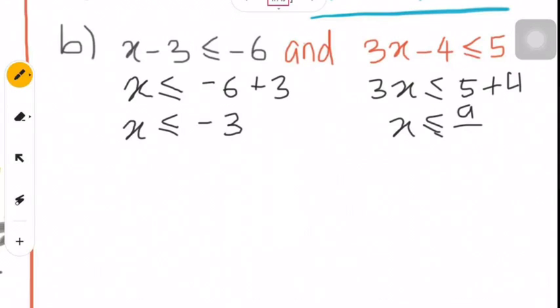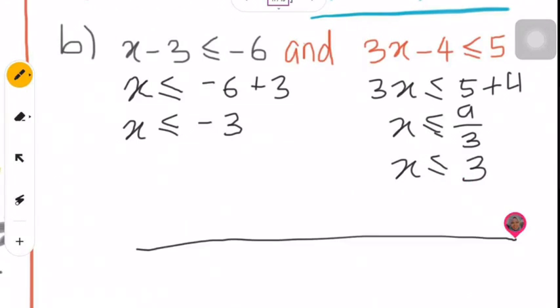So x is less than or equals to 3. Okay. So okay, very good. Line, -3 and 3. So x is less than or equals to -3. So I shade the circle and